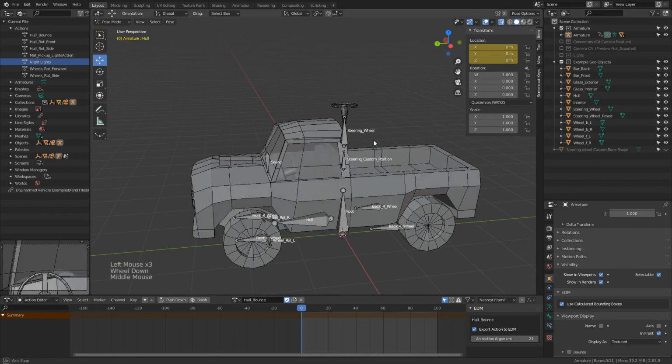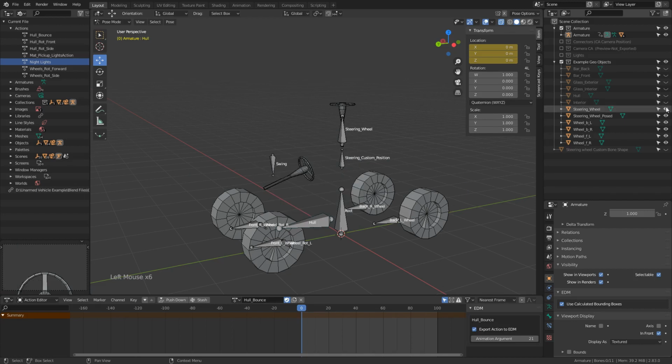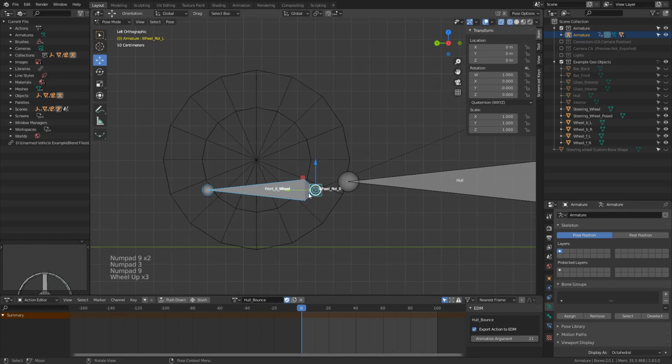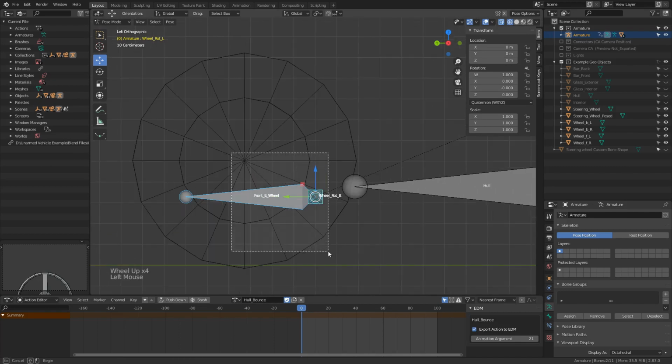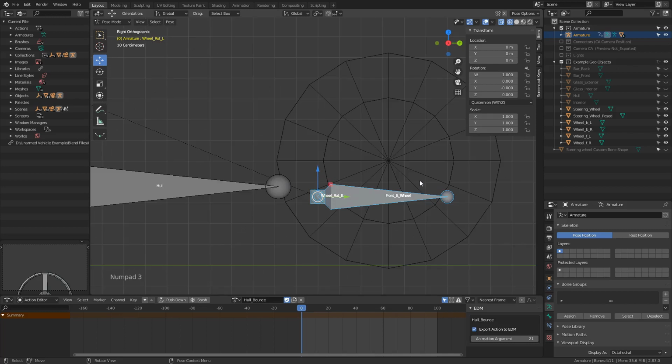So yeah, we have here the rigging. It's time to start to connect the objects to the rig itself. So basically I'm gonna hide everything that I'm not gonna connect right now because it's already been connected. And here I went to pose mode. I select these bones here, and I'm gonna start to tweak